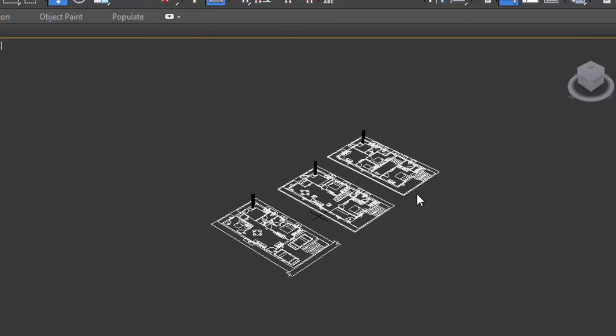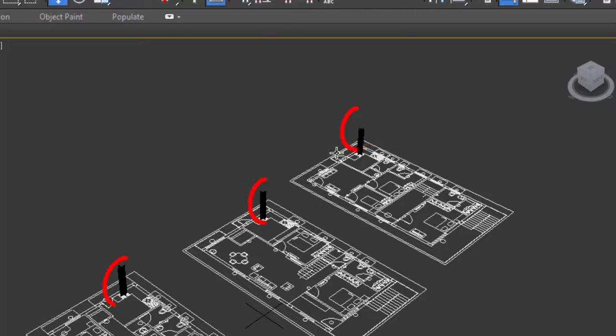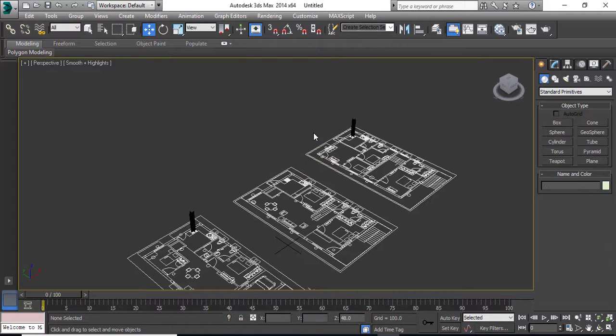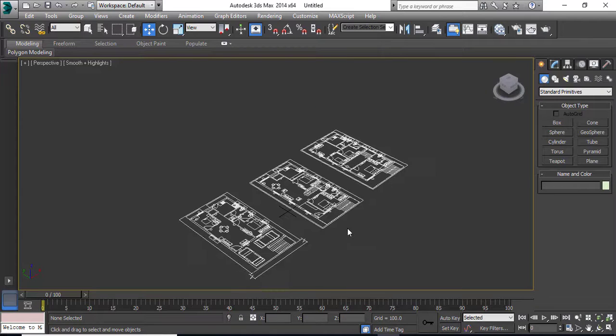Now go to the perspective view. It is very important to delete any 3D object in the project for your further working. So select all the 3D objects and delete them. As you can see, I have deleted all the 3D objects in the drawing. If there is none, you can directly start working on the file. So again, go to top view.